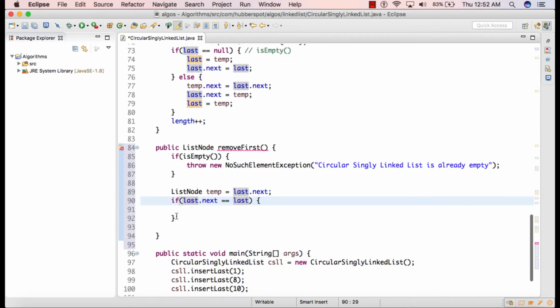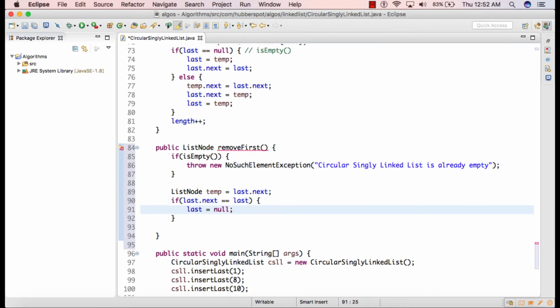If last.next is equal to last, then we simply assign null to last, because we know that this condition comes into picture when there is only one node left in the circular singly linked list, and in that case if we want to remove that particular node, we need to simply assign null to last, because this last is referring to that particular node.